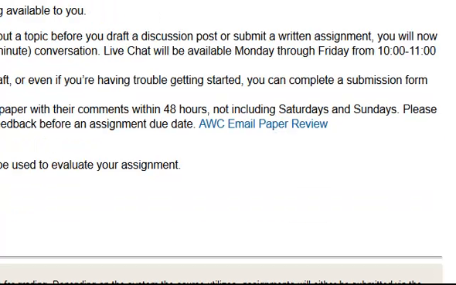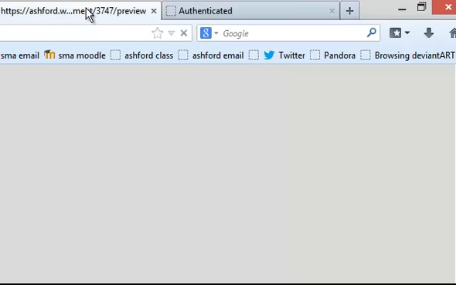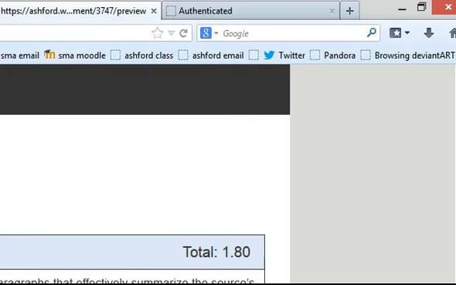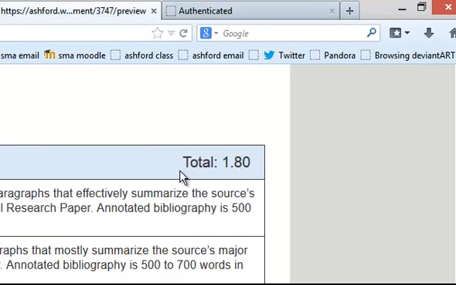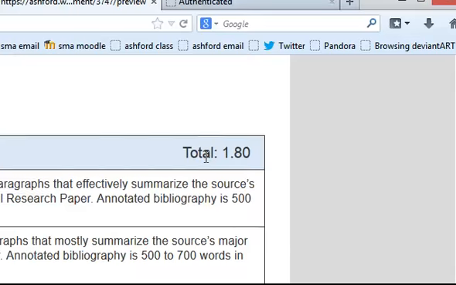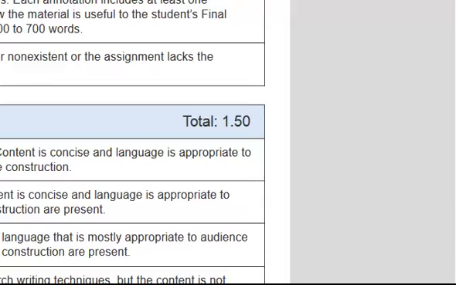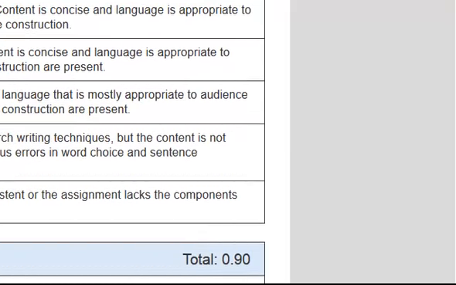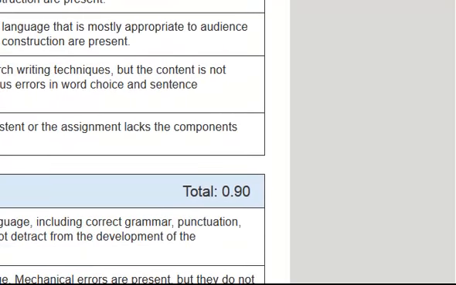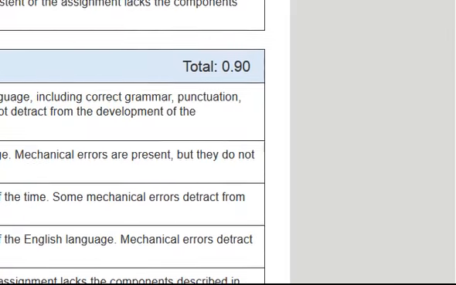Also, make sure that you check out the grading rubric for the assignment so that you can understand how the assignment is going to be graded. And this assignment contains a total of 6 possible points. And so development is part of it. That's 1.8 points. Style is 1.5 out of the 6 points. Grammar, you've got to use proper grammar. This is an English course.